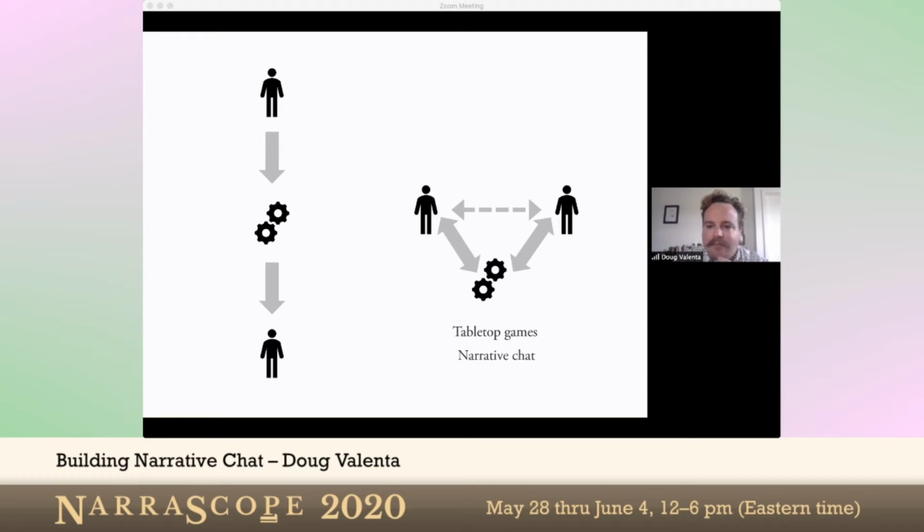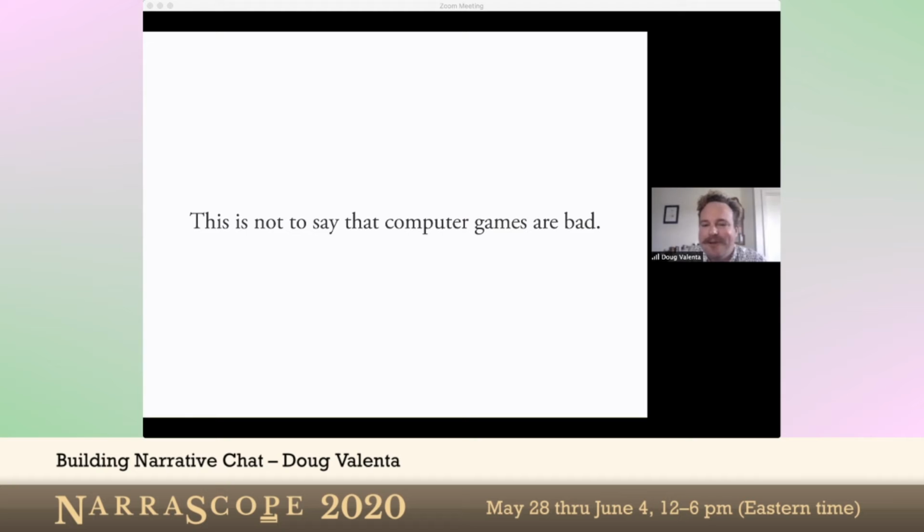I think that there is something to be seen here. I don't want to say that computer games are bad, but I think that there is something to be seen here where computer games take the idea of a game, which has rules, and the first thing that they do with those rules is they hide those rules away from view. They place them inside of the computer, and they also expand them vastly to proportions that can't always be worked out by the human mind, right? The rules of computer games need to be able to be enforced by computers, not by humans. They don't even always need to be communicated to the humans that are playing the games.